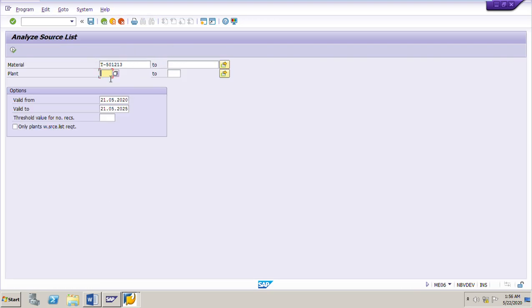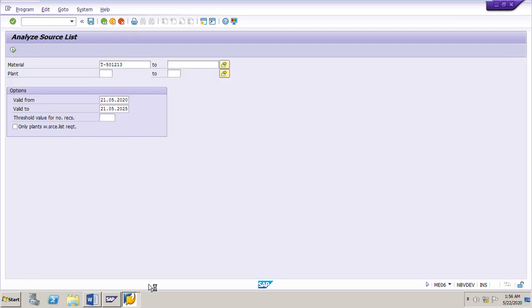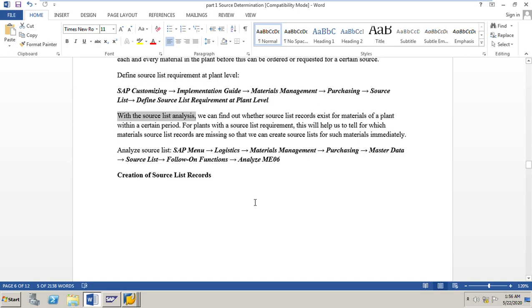If you want to check if there are any sources available for any material and plant, just put that material, plant, put the validity period and execute. Here, for this test material, no sources exist, and we get the message. If there are sources, the system will show the sources. That is about the analysis.